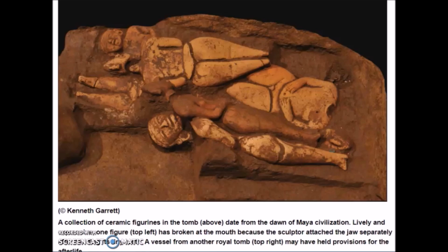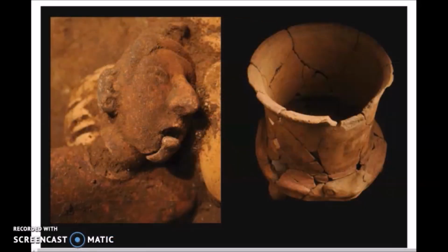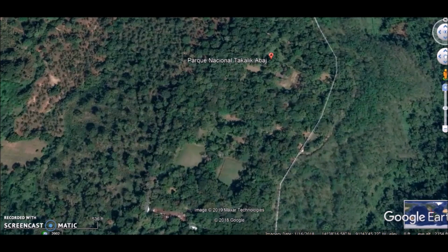Here it says a collection of ceramic figurines in the tomb date from the dawn of Maya civilization. And here's that vessel that they think held goods for the afterlife. And here's a close-up of the figurine with the mouth attached. Not much to be seen from overhead, but there are actually about 80 structures here, so let's just go down,